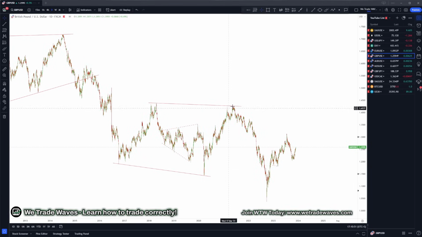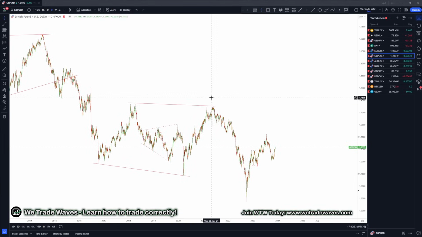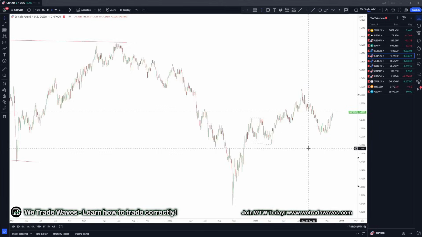So for this one, we've got a running flat, a drop, another running flat here also. Okay, drop, we've got a running flat here, up, corrective structure up, and market is giving us the first wave of the next structure. This here is the first wave of the next structure. Okay, now zooming in,